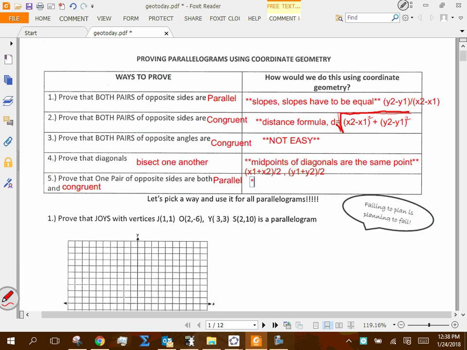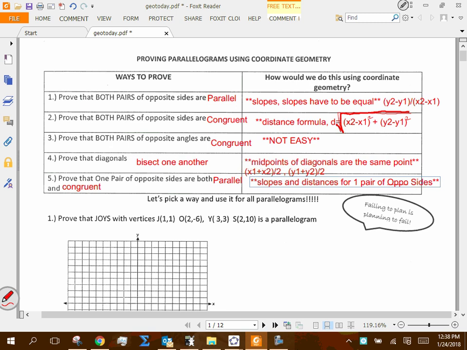So obviously that one's going to deal with slopes and distances. Okay. Well, what's nice is you only have to worry about one pair of opposite sides. So maybe I only have to find the slope twice and then find the distance twice. Which might be something to think about as we work through,